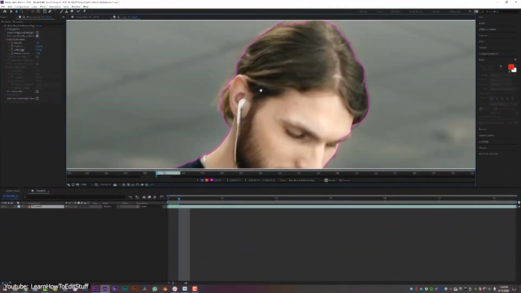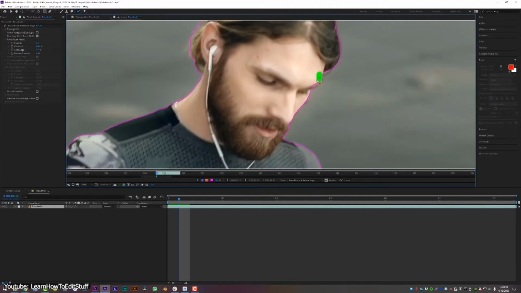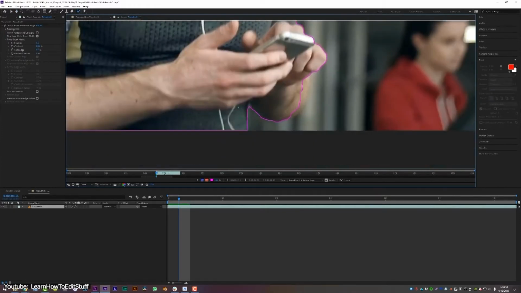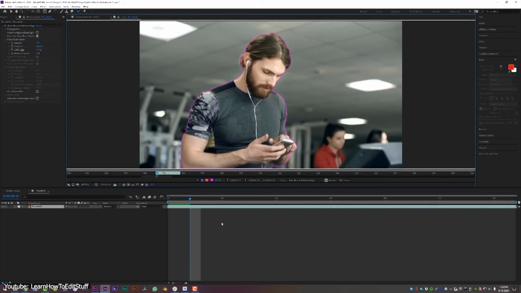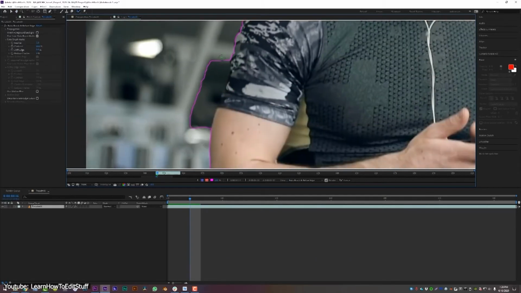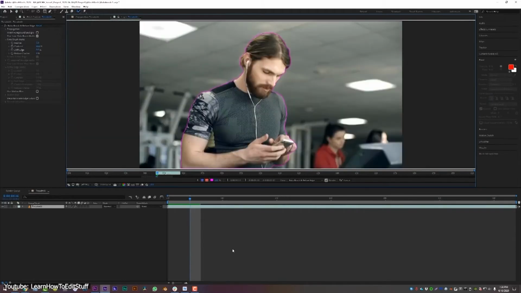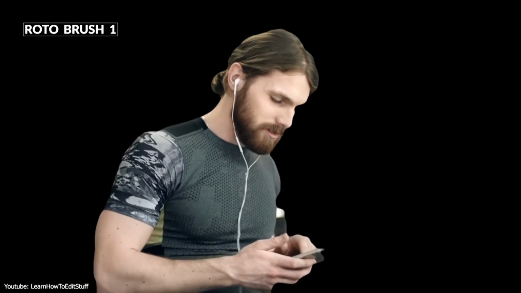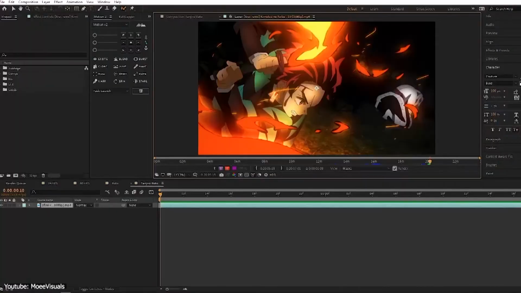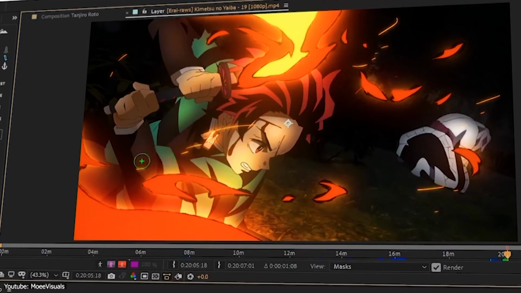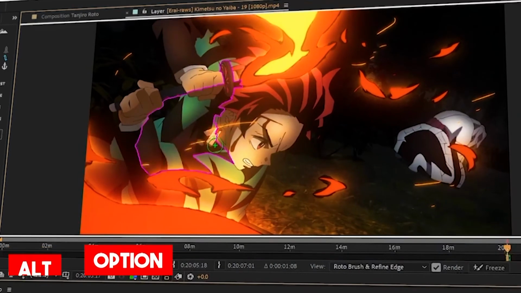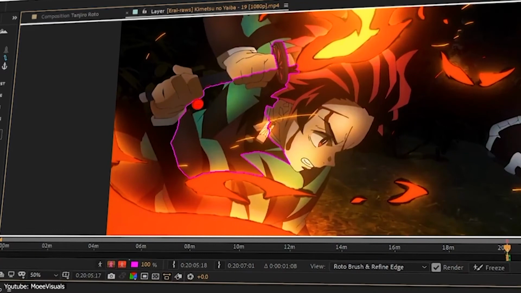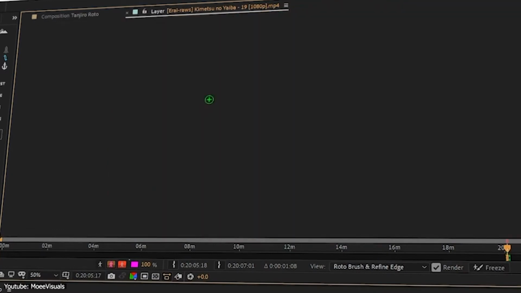The other technique involves using the roto brush tool, which is powered by artificial intelligence. What you do is use the brush and essentially paint over the desired object a bright green color. Once you let go, the bright green disappears and the tool will automatically outline the edges of the object, a bright magenta outline. Sometimes the outline is not clean enough, so you might have to use the negative roto brush tool setting by selecting the tool and pressing and holding the Alt or Option key on your keyboard. This will turn the brush cursor from green to red and will help you push the outline to fit the